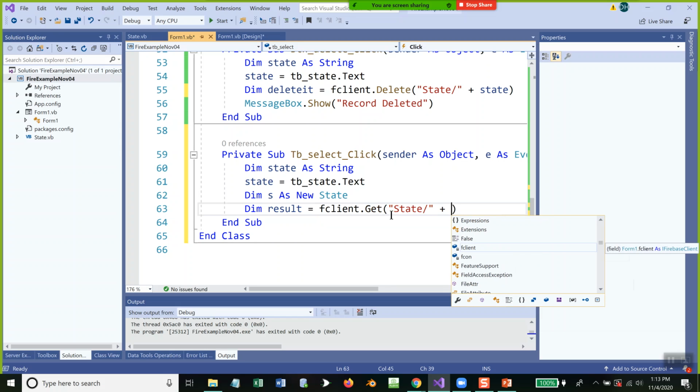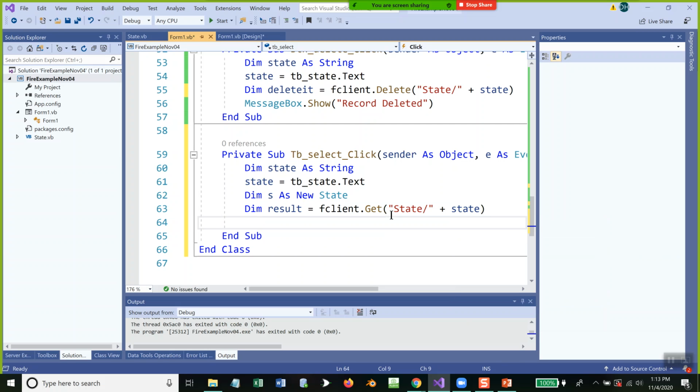And I'm building my key, so I need the text date on the end of it. This is returning it as a result, so I don't need... Yeah. And then my s is going to equal to result dot